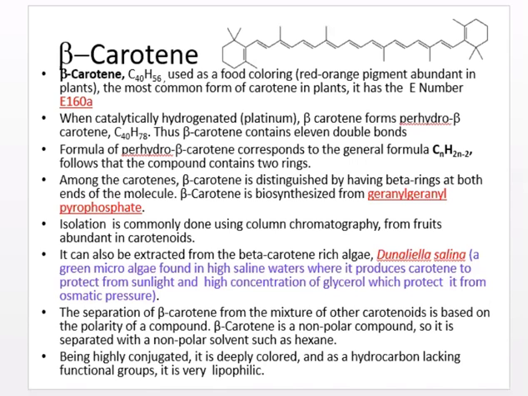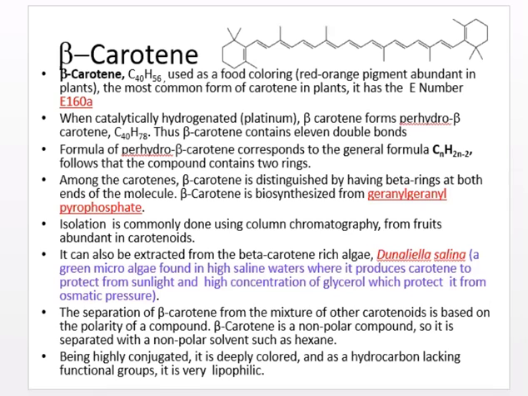Formulation of beta-carotene results in the general formula C40H56. Isolation is commonly done using carbon chromatography. It can be extracted from the carrot. It can also be extracted from beta-carotene rich algae,